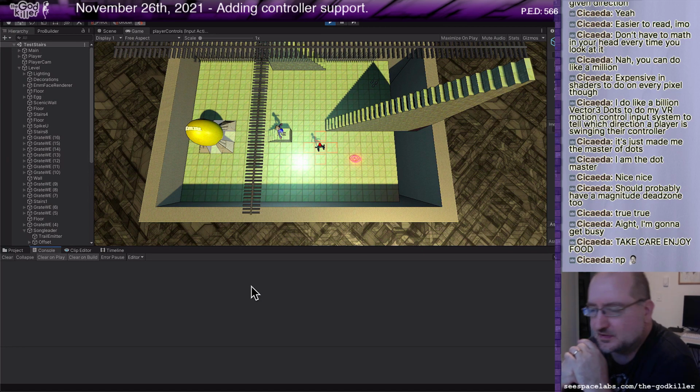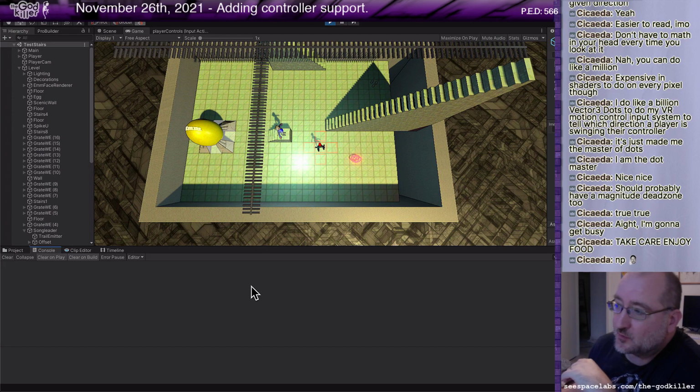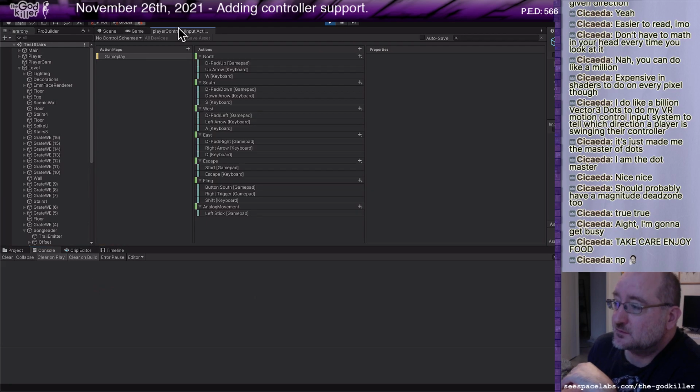Also, I feel like I will just use one player control system. I don't need to have multiples for different screens or anything like that. One action map is all I need.